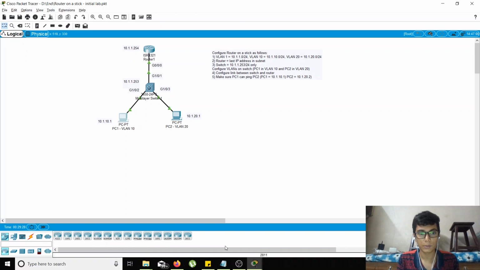So we are going to perform an extended experiment, which is another part of the VLAN experiment. This experiment consists of a network similar to the VLAN one, with the addition of a router, an ISR4321. Now the requirement for this router is that the experiment is named router on a stick, which means that